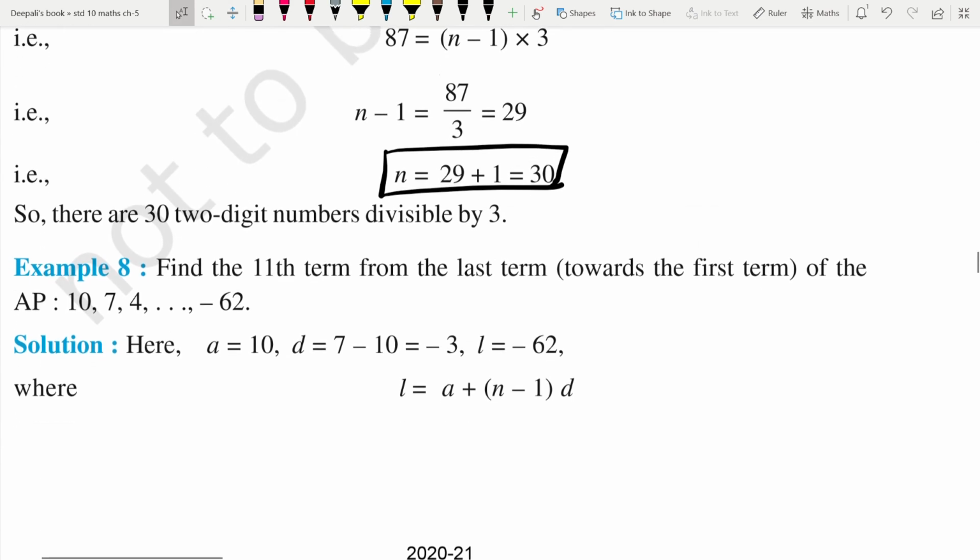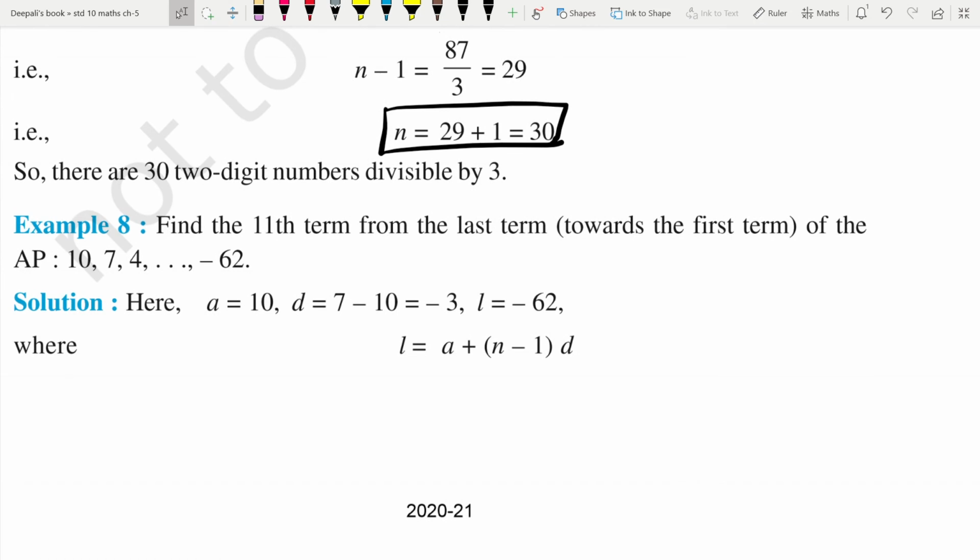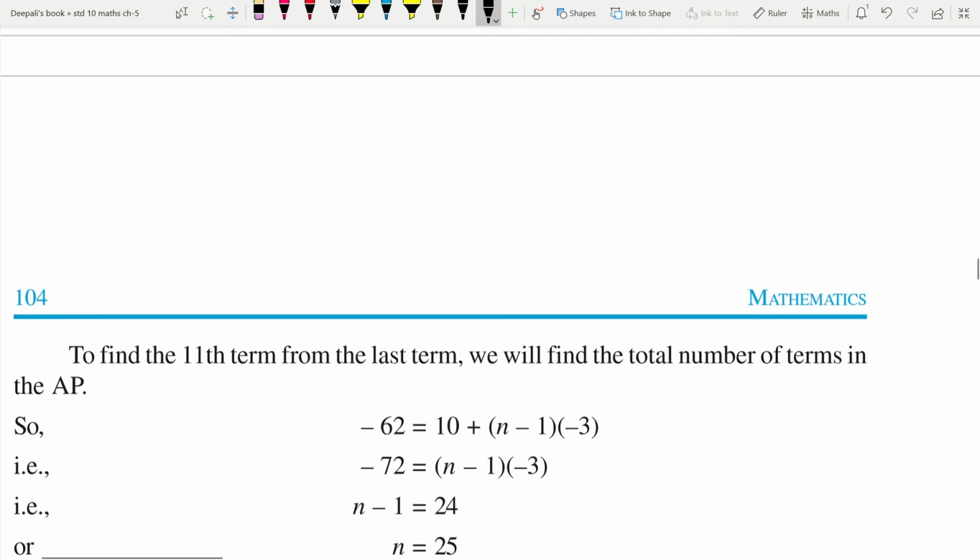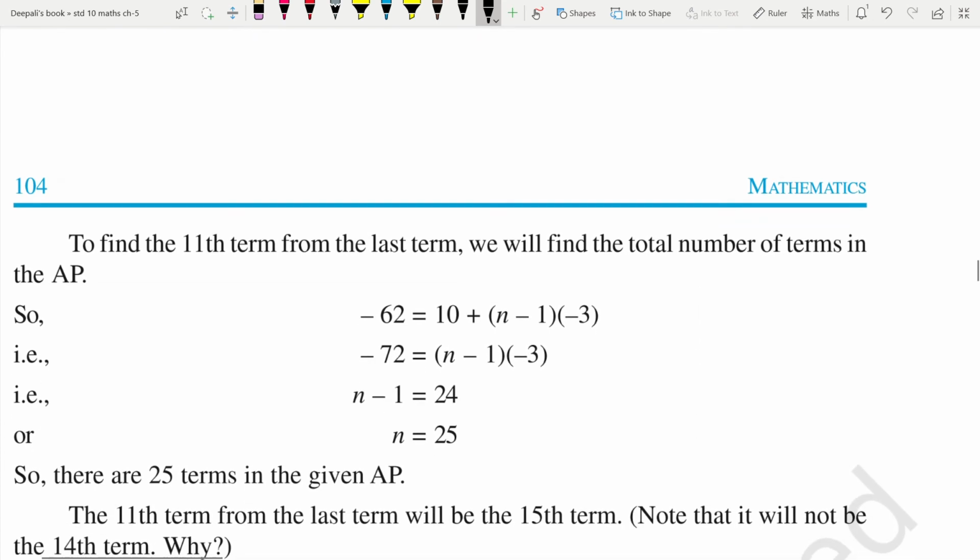Let us check the 8th example. Find the 11th term from the last term towards the first term of the AP: 10, 7, 4, ..., minus 62. Here A is 10, D is 7 minus 10, that is minus 3, and L is minus 62. L is A plus (n minus 1) D. Now there are two methods to solve this. Let us see. To find the 11th term from the last term, we will find the total number of